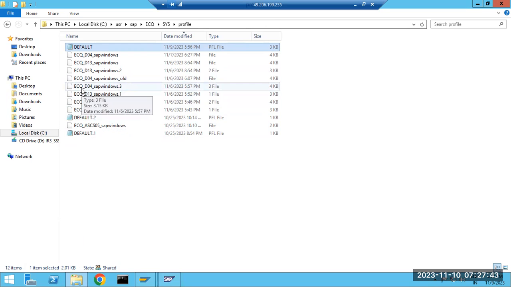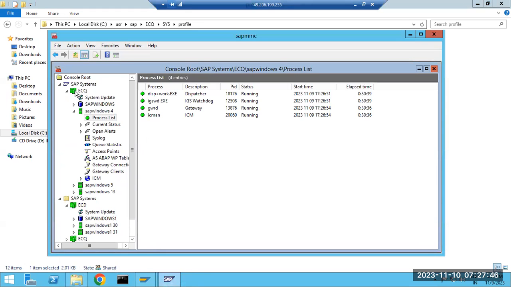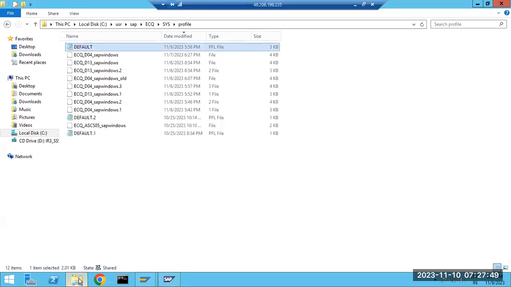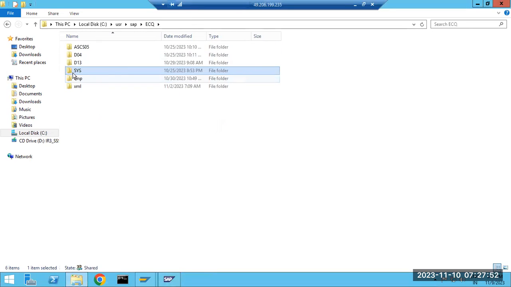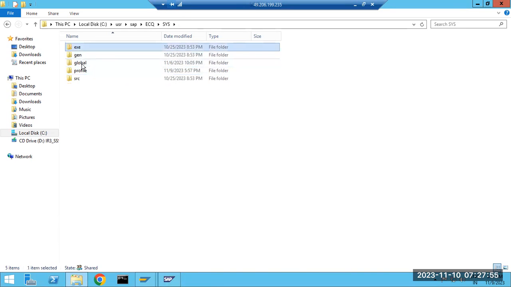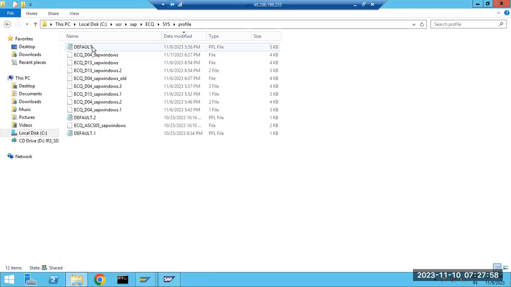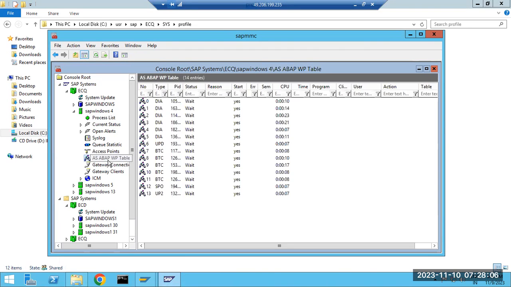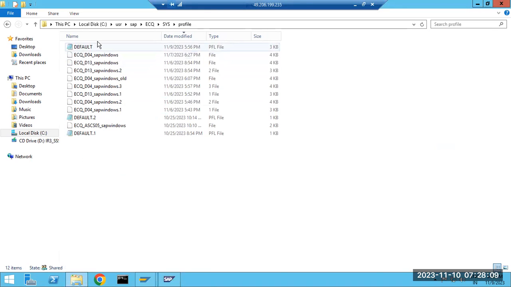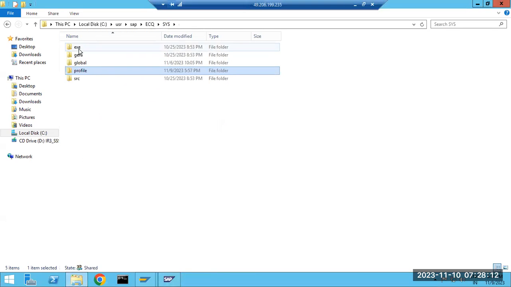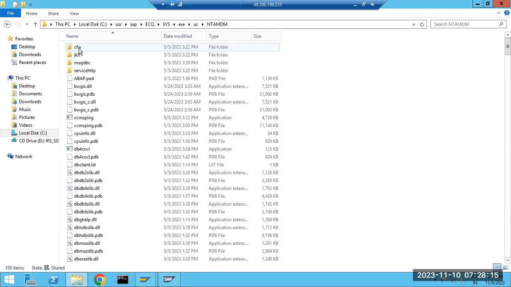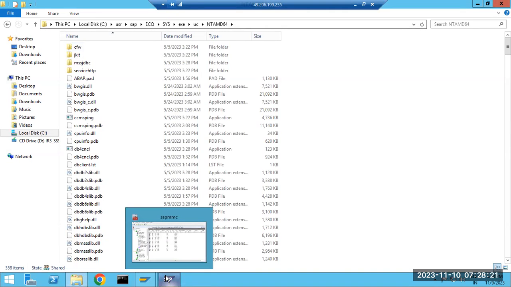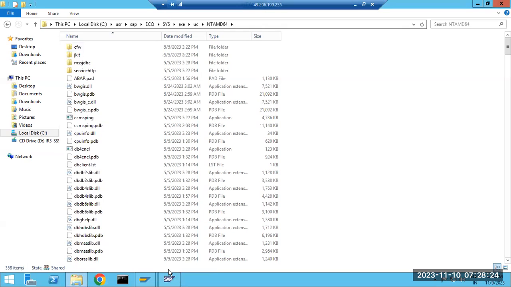Why? Because when you start the SAP system, it always refers to two directories: sysexe and sys profile. Based upon the values in the profile, the system will start and assign the work processes and everything else. So this is very important. And based upon this global exe directory, it will check that the kernel files are accessible and available. Then SAP will start. Otherwise, SAP won't start.